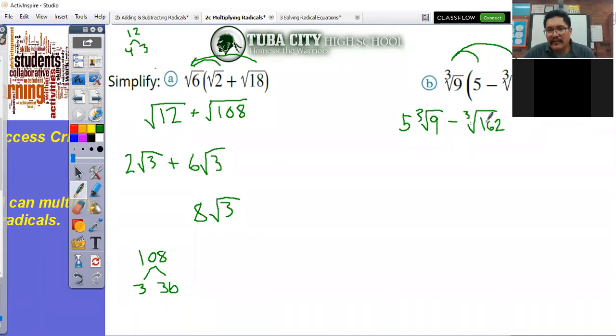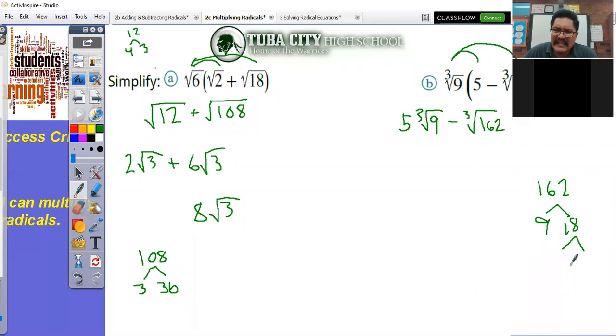Now I'm going to see if I can break this down into a number that will give me 9. So I'm going to try that at 162. I'm going to bring my calculator up and divide by 9, which it does. 9 and 18 work out. 9 times 18 is 162, which makes sense because, well,